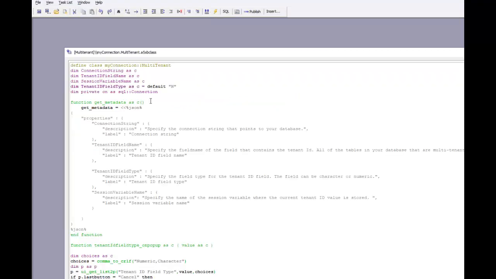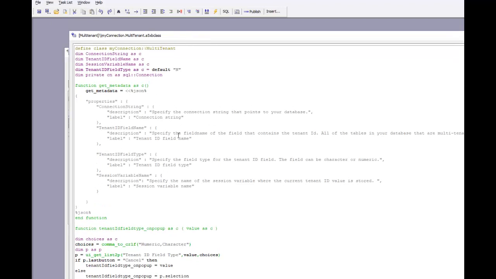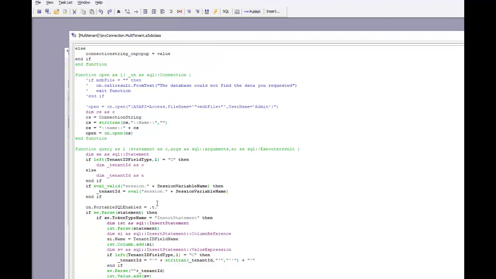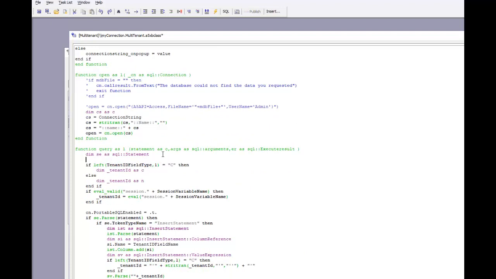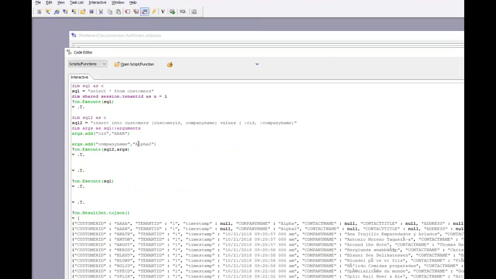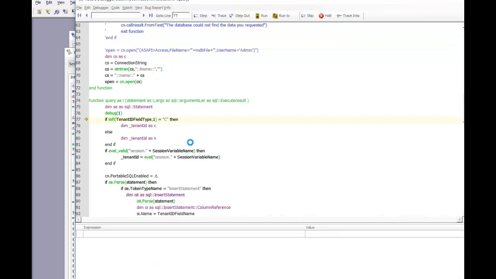I'm going to open up the class in the editor over here, and go down to the part where the query is actually executed, and put in a debug1 statement so we can debug into the code. So I'll put my debug1 over there, I'll save the class, and then I'll rerun it in order to register it. Now I'm going to go back to the interactive window and execute my insert statement again, and we can see now that the XBasic debugger comes up,